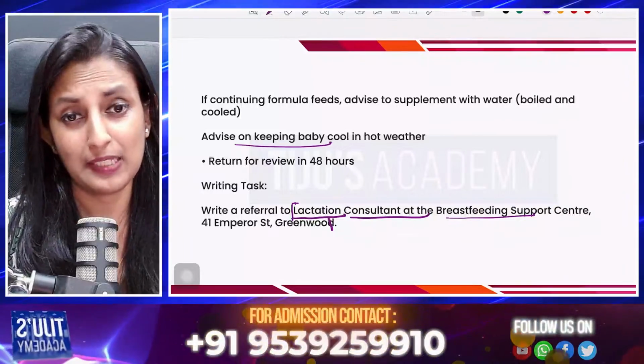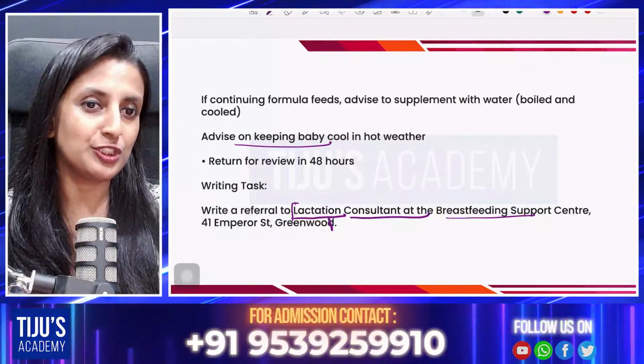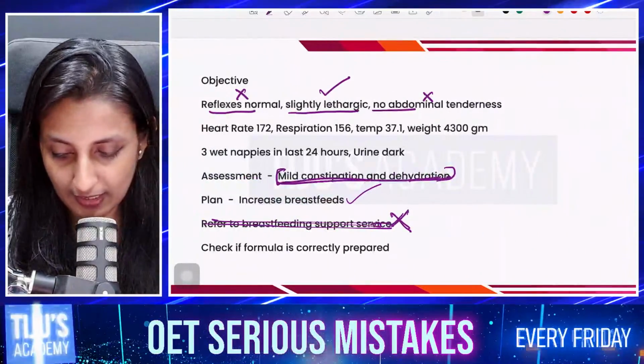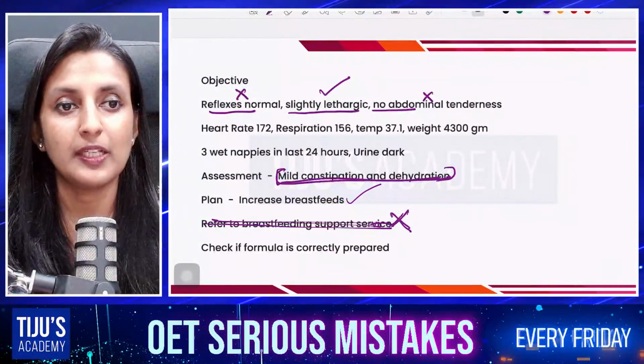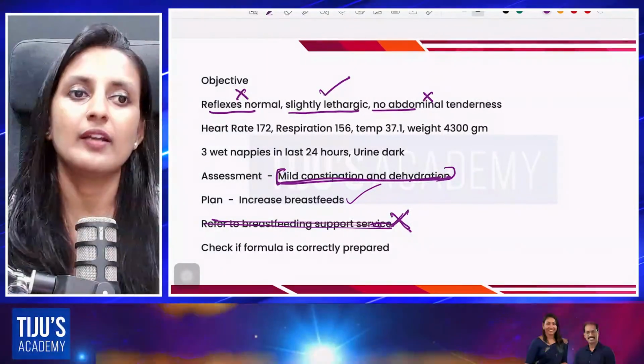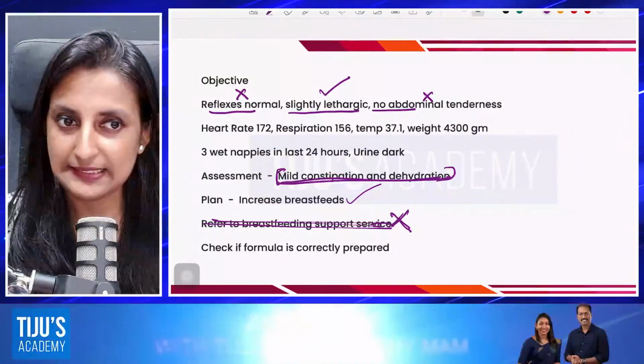Can we advise a 1-month-old baby? So this advice, the continuation and formula feed preparation advice, all of this is for whom? It is supposed to be for his mother. So we can only ask his mother to increase the breastfeed. How can we tell a 1-month-old baby? Is it clear so far?